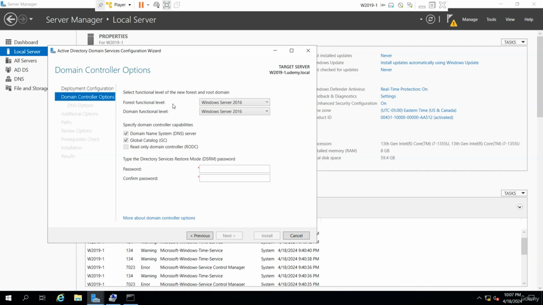And look, forest function level, domain function level, we'll be talking about this. But look at this. It could be compatible all the way back with 2008. We'll see the difference between the forest and the domain function level. For now, I'm going to leave it as it is, which means I could coexist with anything that is Server 2016 and higher. And this is a password for restoring the database of Active Directory, which we'll be actually looking at,